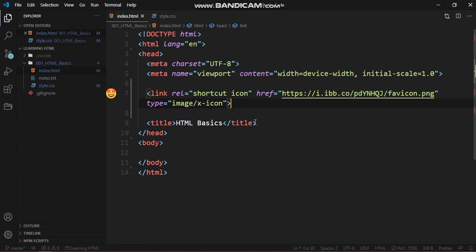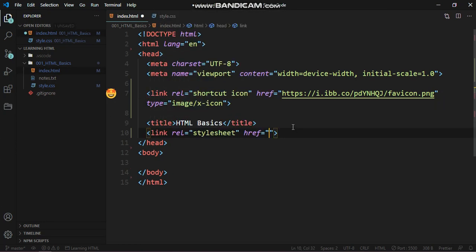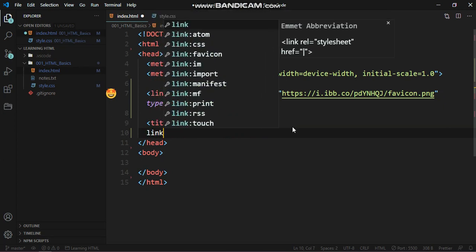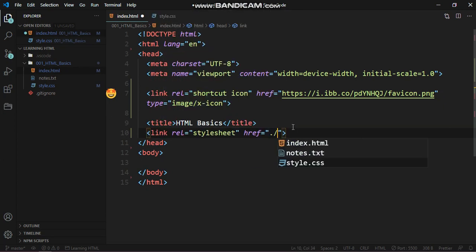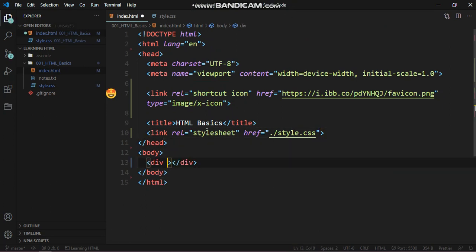Now let's link our style.css with this file. Type link, hit tab, and then the path name style.css. Okay, so let's create a div with a class of container, and then